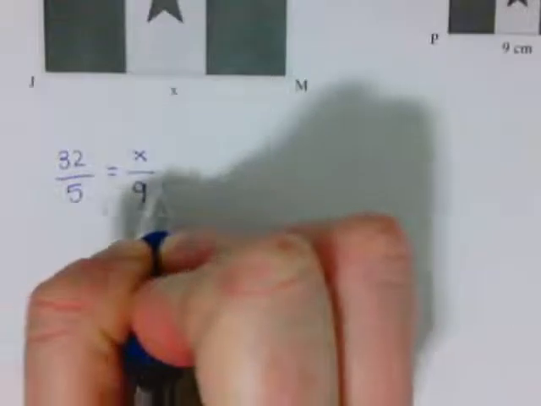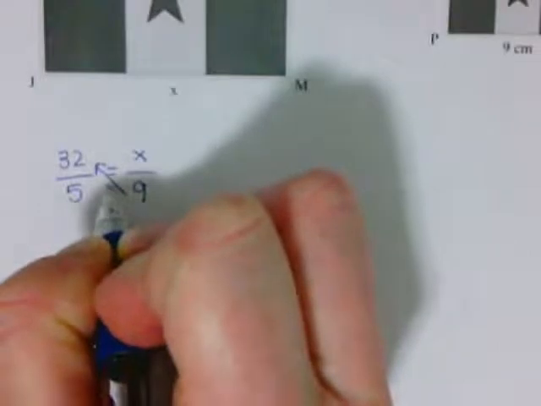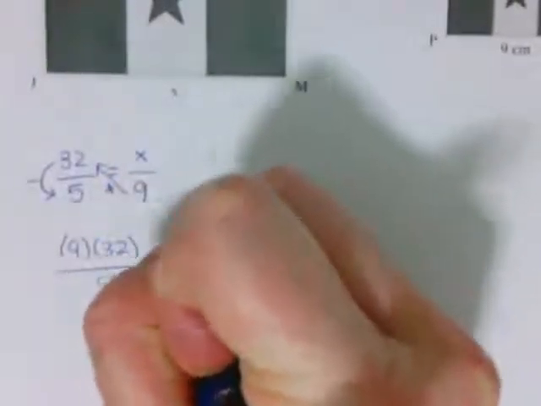So going off of, we've done this work before in the first lesson, but this is like that little trick that I showed you guys. So you look on the side with the variable, you use the number and you cross multiply it. Okay, so that's a multiplication right there. And then you're going to divide it by the number that follows. Let's divide by 5. So it becomes 9 times 32 divided by 5 equals X. And then you do that on your calculator. 9 times 32 divided by 5, and it gives you 57.6 centimeters equals X, because you are discussing a side